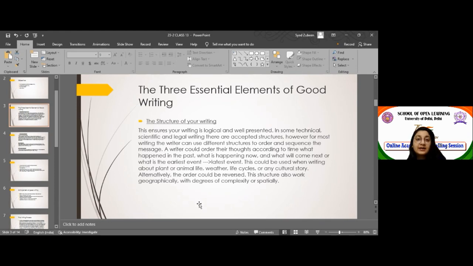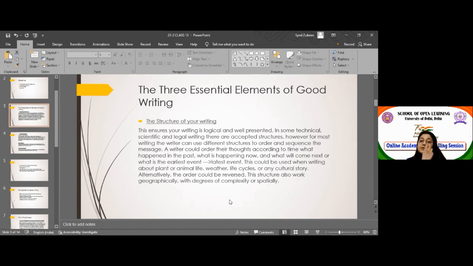So, whenever we're writing academically or whenever we're writing legally, we follow certain structures, right? For example, when we're writing a formal letter, we use a different kind of structure. We follow a particular format. And then when we are writing for maybe a scientific journal, or when we are presenting a paper, we follow certain formats and our language differs accordingly, right? But when we are writing informally, perhaps when we are writing in our journal, our notebook, our diaries, we write